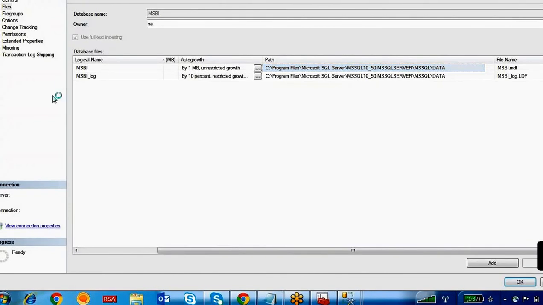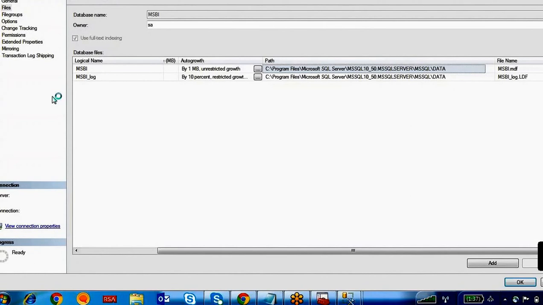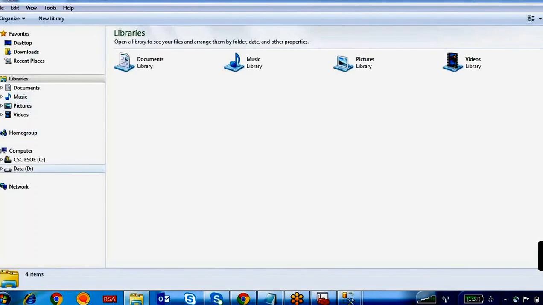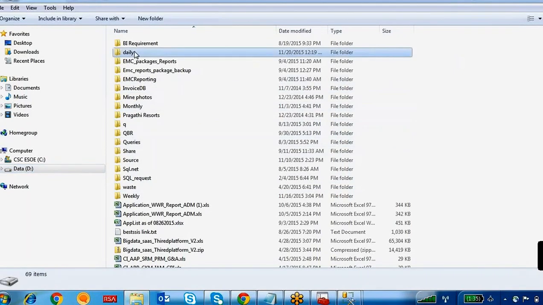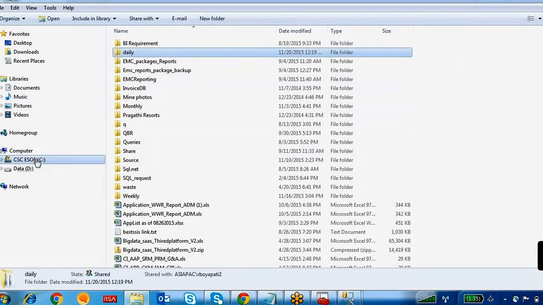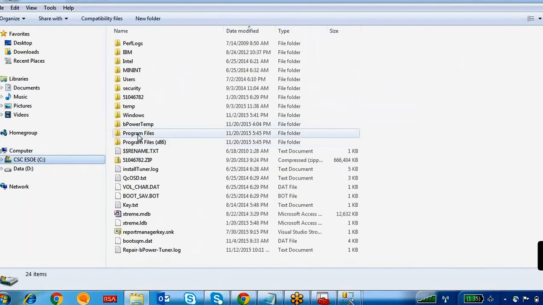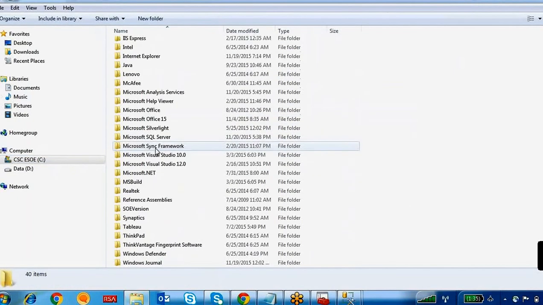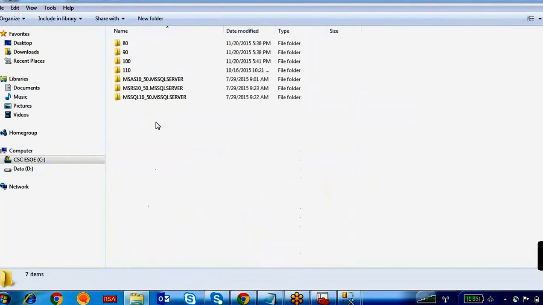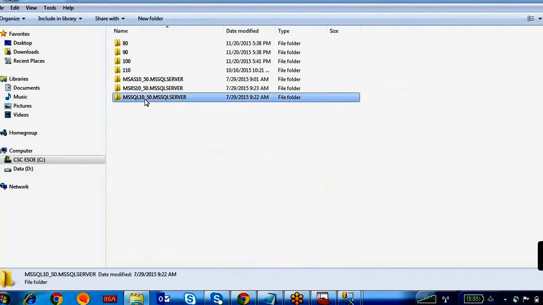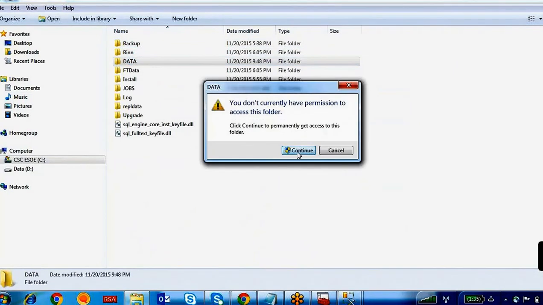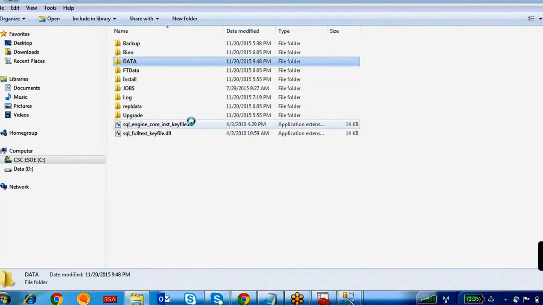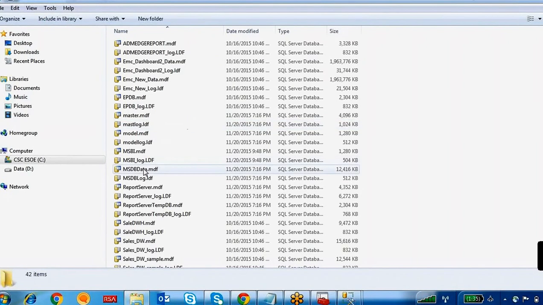Go to C folder, Program Files, Microsoft SQL Server, and MSSQL. Go to data, continue. You can see here your database.